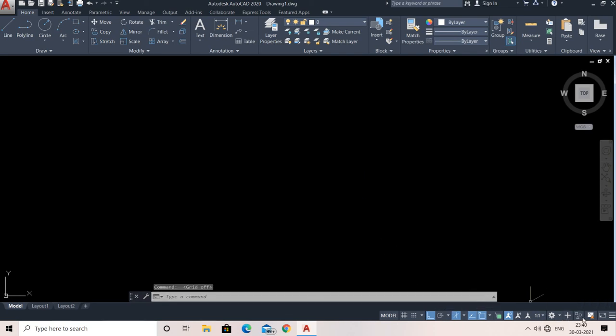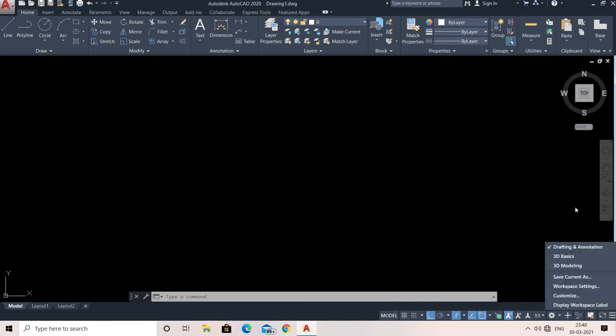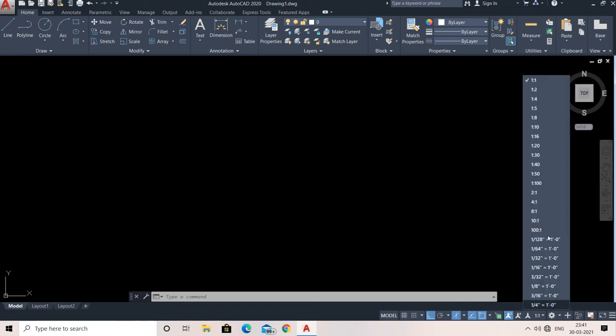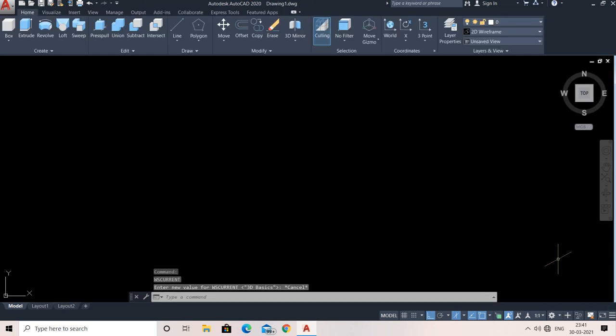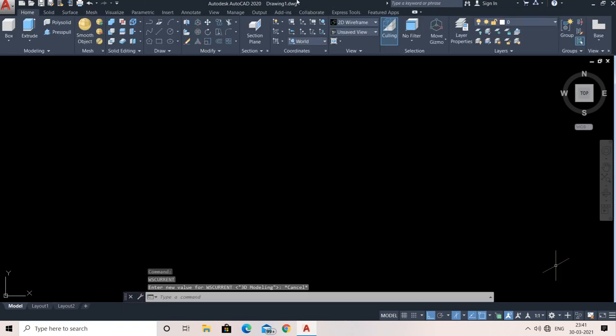After that, these things I need to tell you. This is the isolated objects, no need to go for it now. These all are the commands for 2D, but if you want to work in 3D, you can go with this setting, 3D basics. Comparing 3D basics and 3D modeling, you may understand that if you go for 3D basics, you get fewer commands, but if you go to 3D modeling, it comes with quite more commands, as you can see.